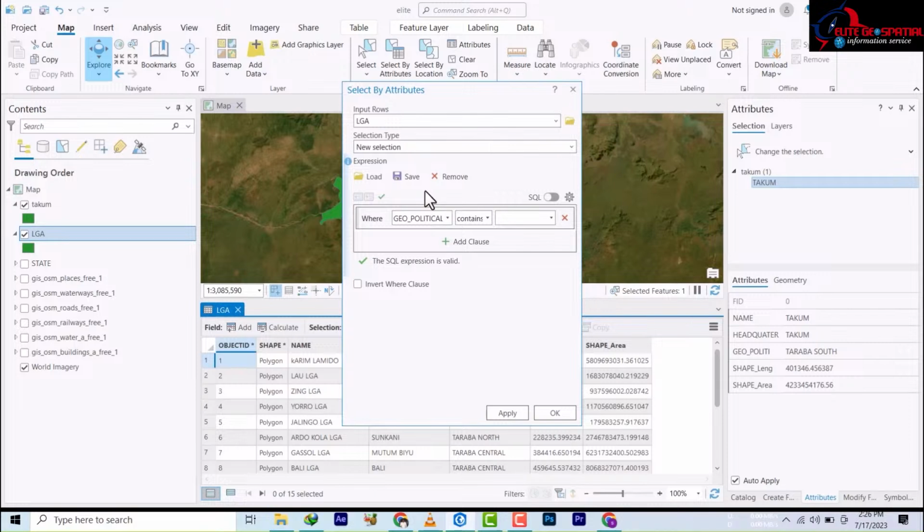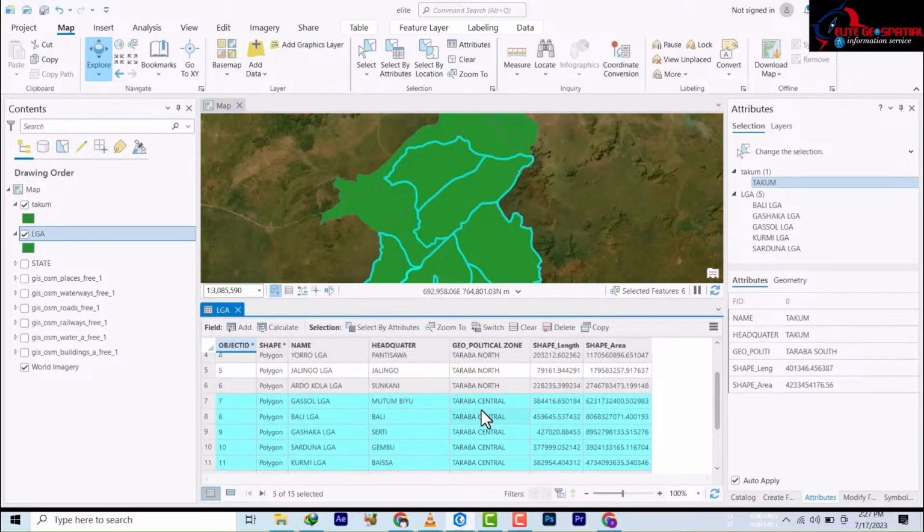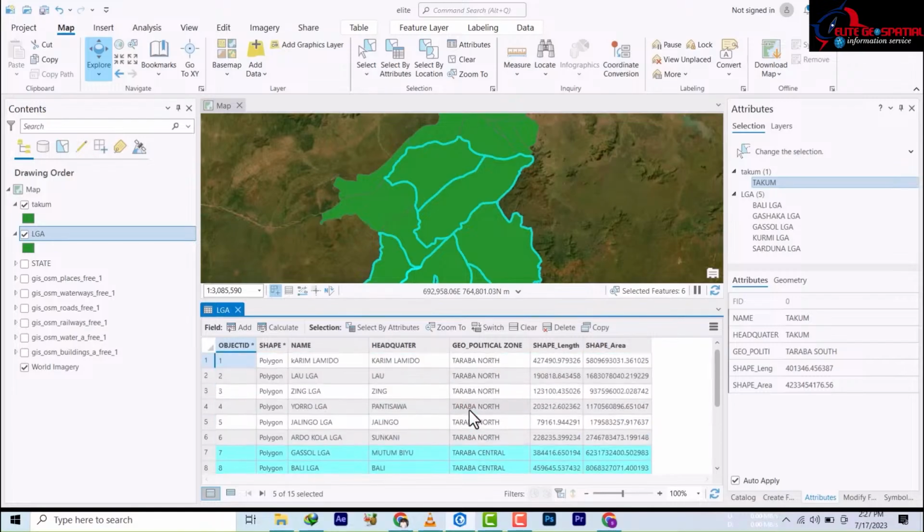Now, it also asks me which of the geopolitical zones, because there are about three. So let's use value and then go back to geopolitical zone. I'm saying it should select all the fields that have either Taraba South, Taraba North, or Taraba Central. I'm interested in the Central, so I'm also going to check the expression. It also said the expression is valid. So let's apply and see. It has selected out all the local governments with Central as